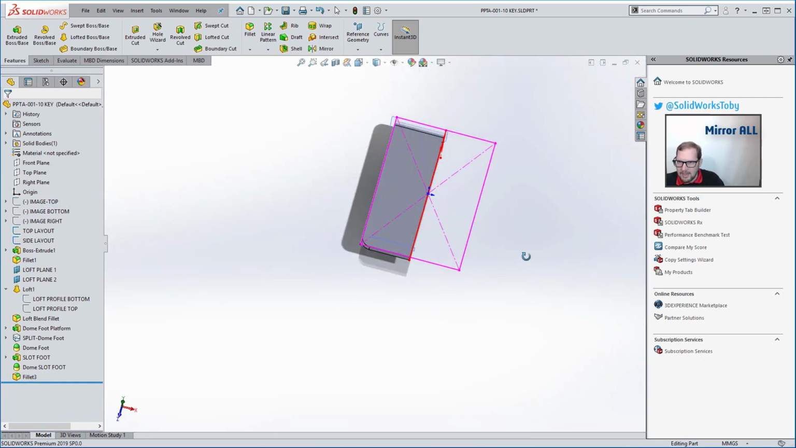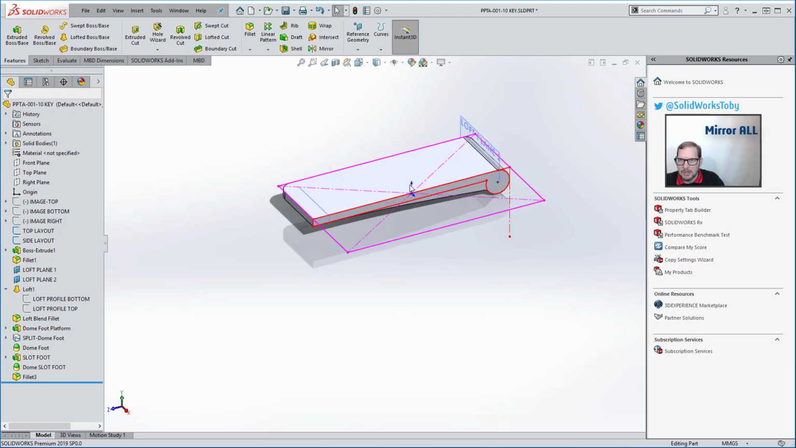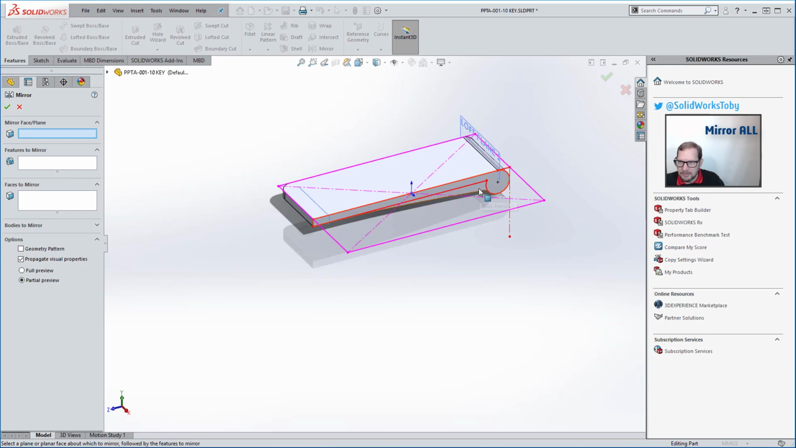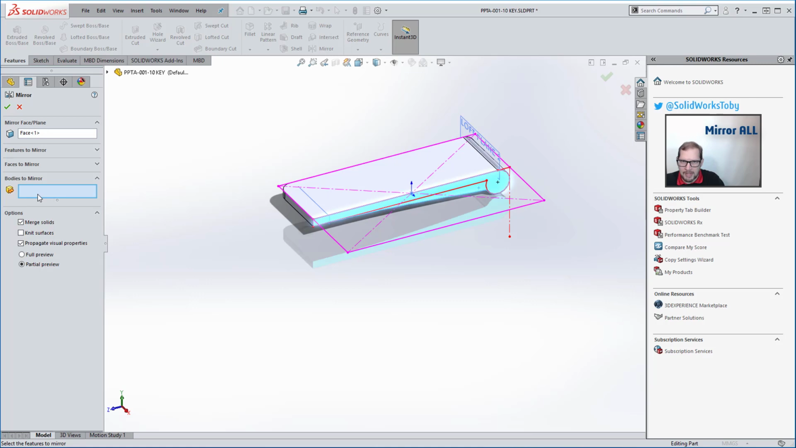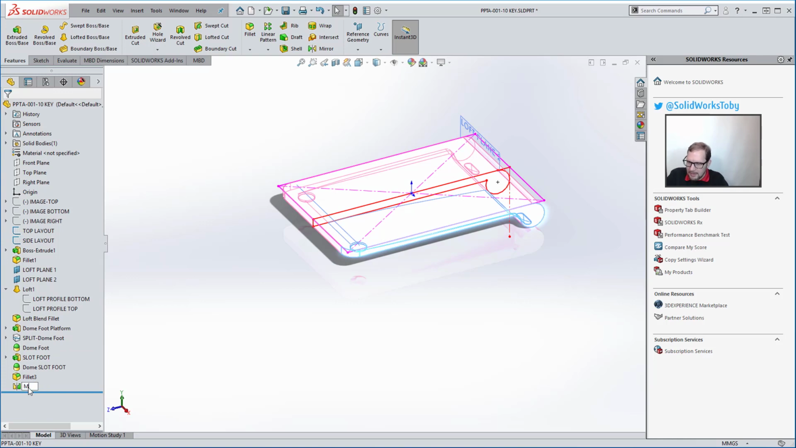All right, so I had some audio issues here, and I'm just going to overdub it. I was getting a lot of noise interference, so the next thing that I'm going to do is go into the mirror command, and I'm going to choose the face to mirror about, and then I'm going to do a body mirror, which is essentially a mirror all command. So I'll just click on this body here, which mirrors everything. I like to always go in and rename my features, so I'm going to call this mirror all, and then I'm going to